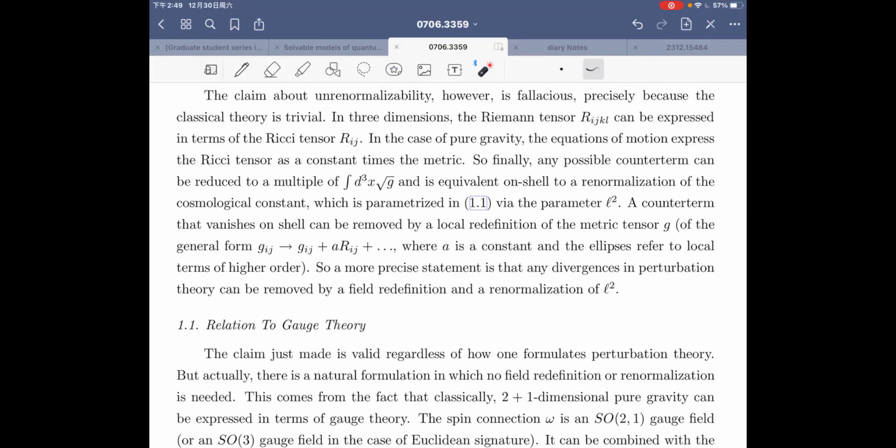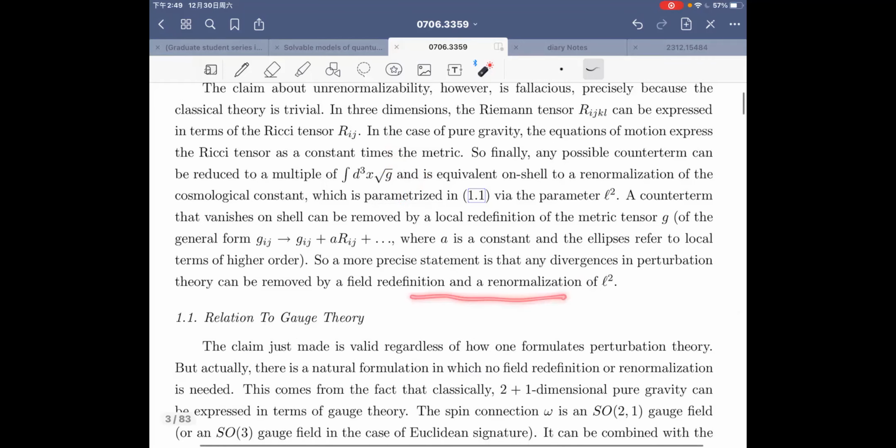You find that these terms can be summed up to one thing, a cosmological constant. Or you think just add a cosmological constant, and you can absorb this factor into G, into the metric. So any divergence can be dealt with through field redefinition and the renormalization of the cosmological constant. So you don't need an infinite number of terms,